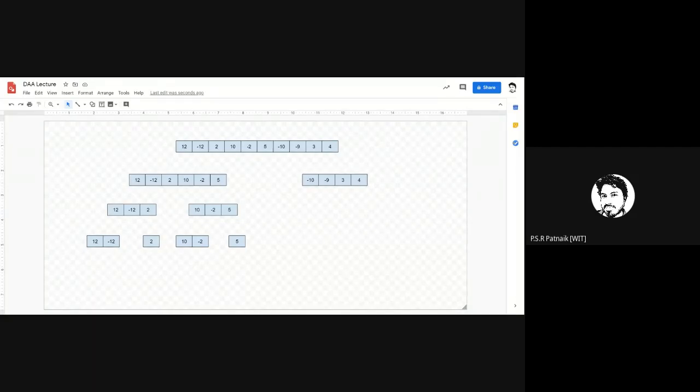Till I reach a sub problem of size 0, or size 1, or size 2, or both? If you carefully observe this, what is the maximum subarray sum of this array? The array itself, the single element itself. So without doing any computation, I can tell that 2 itself is the maximum sum subarray for the array of size 1. So I keep on dividing till I get a sub problem of size 1.